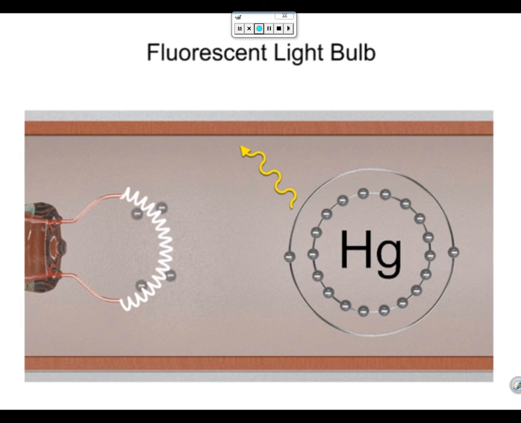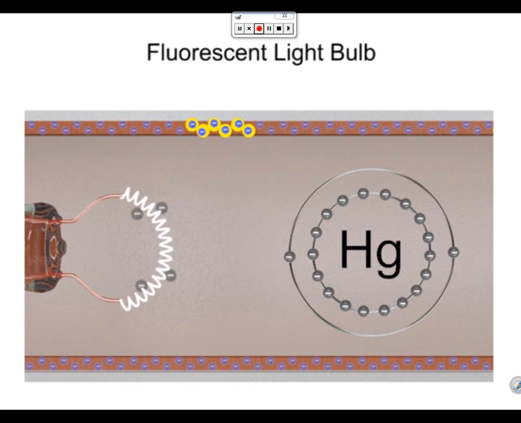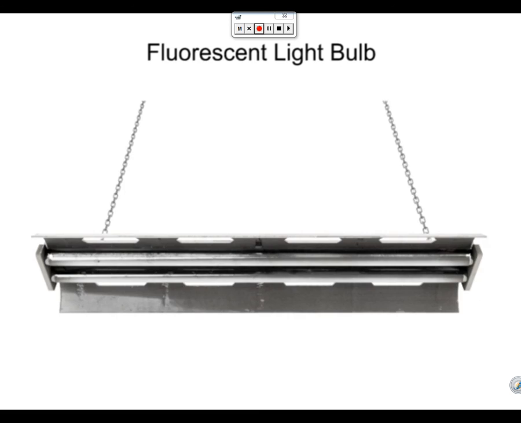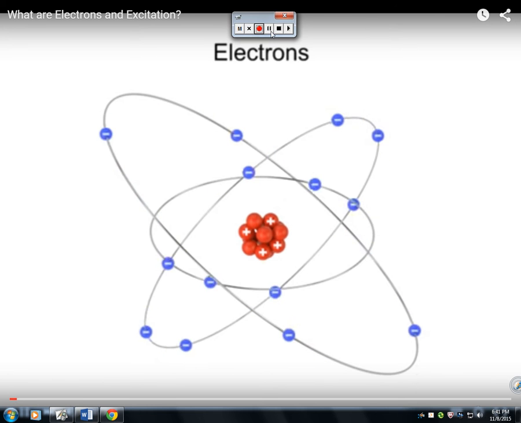This photon is then absorbed by the electrons of the phosphor powder lining the tube, again exciting electrons in the process. This excitation is followed in turn by de-excitation and the release of a low-frequency photon. The photons from all these reactions combine to produce the glow of white light, characteristic of fluorescent bulbs. Electrons move around the nucleus of an atom